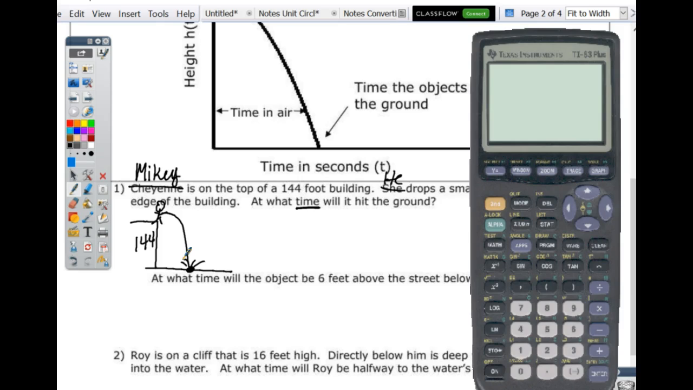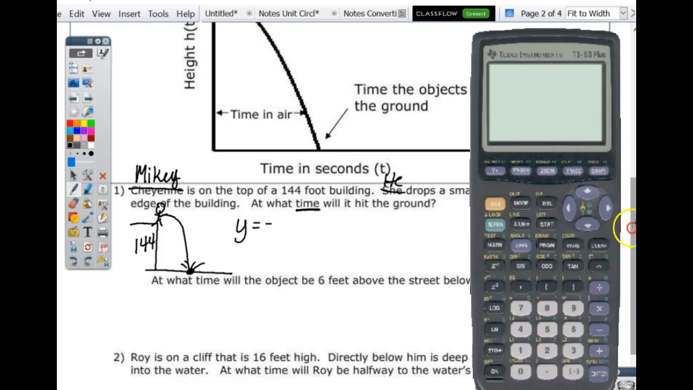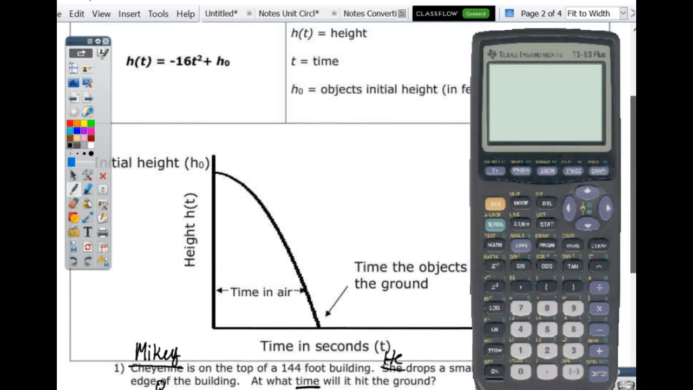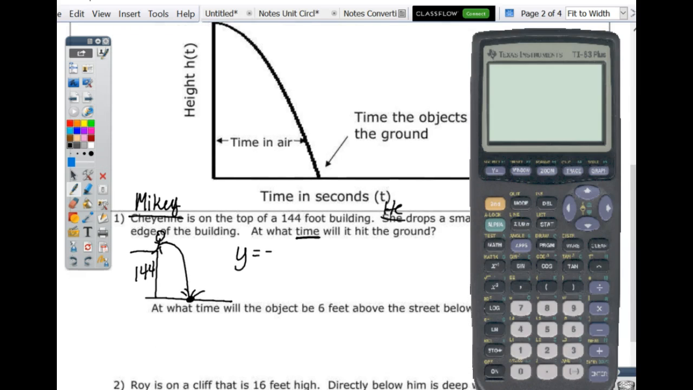How long? So the first thing I'm going to do is I'm going to enter this. I'm going to follow the formula that's given at the top. I'm following that formula. So that's minus 16t squared. And then the initial height that we're pushing him from is 144. So turn on your handy-dandy calculators and go to y equals